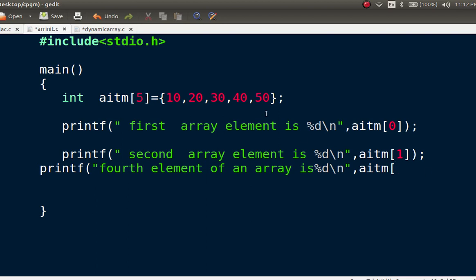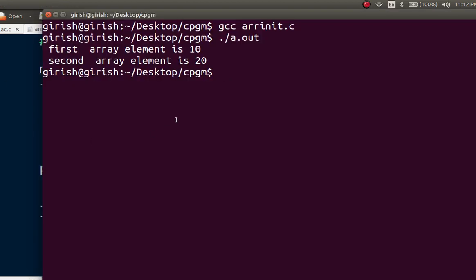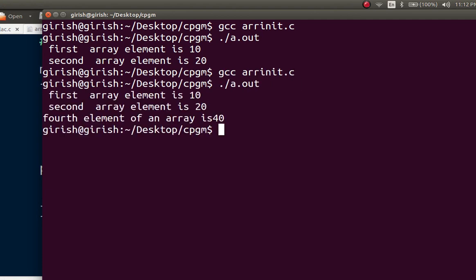Index numbers are 0, 1, 2, 3. So 3 I have to write. Then save it, compile. Compilation is done, then execute. So you got the fourth element. So this is the array concept. If you have any doubts, please ask me.